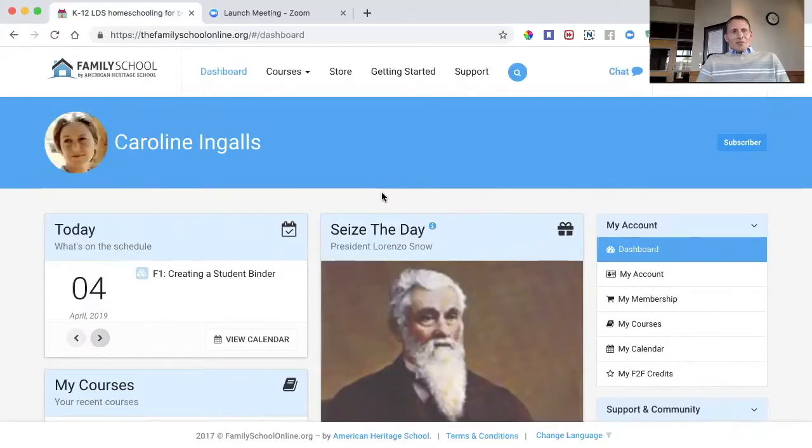We're in step 6, which is planning and preparing to teach a family school lesson plan. And you can see we're back to the dashboard where most families will start the day. They'll log in, they'll come to their dashboard, they'll click on the lesson for the day. If we were looking at tomorrow's schedule, you would see creating a student binder. That'd be the first lesson up from the calendar, or the teaching calendar, that we set up in the last